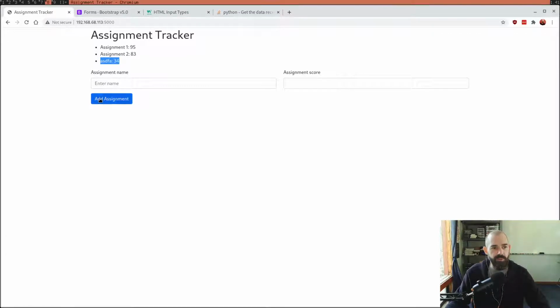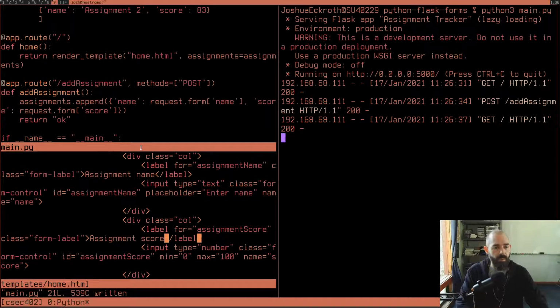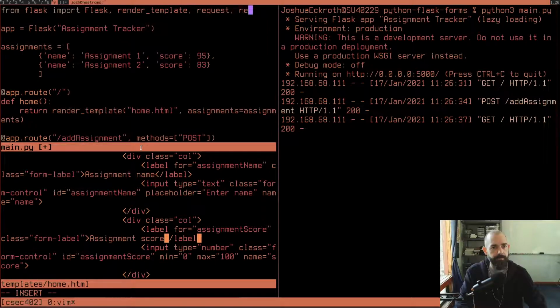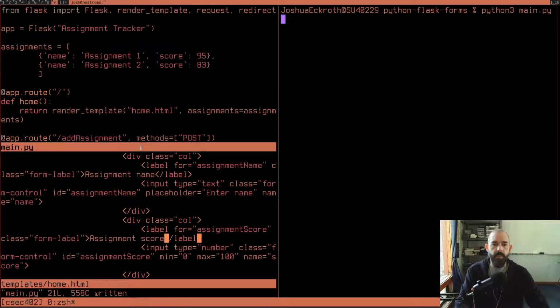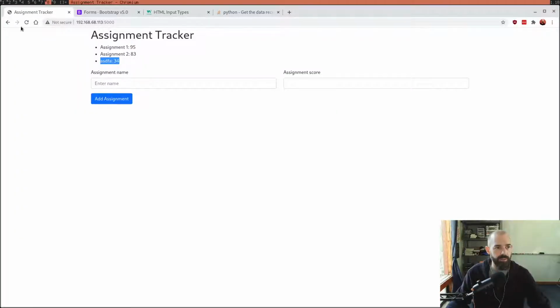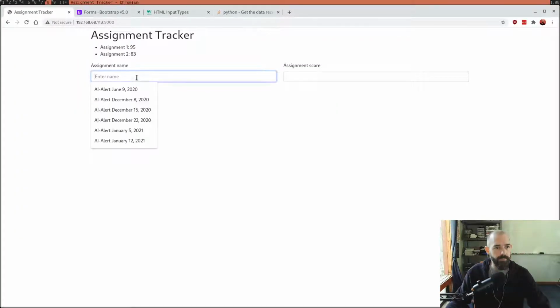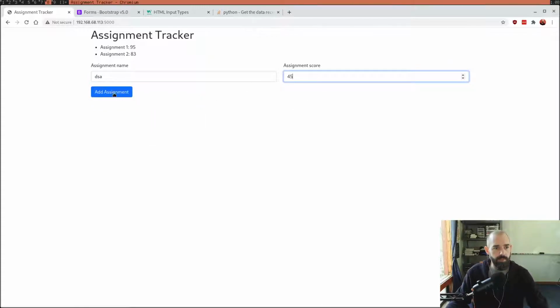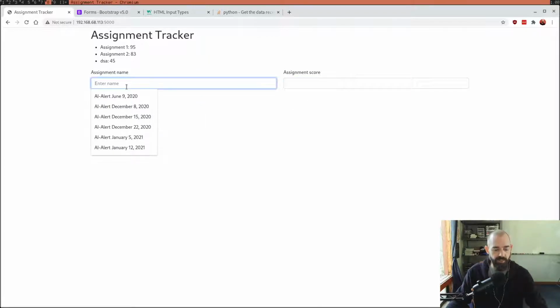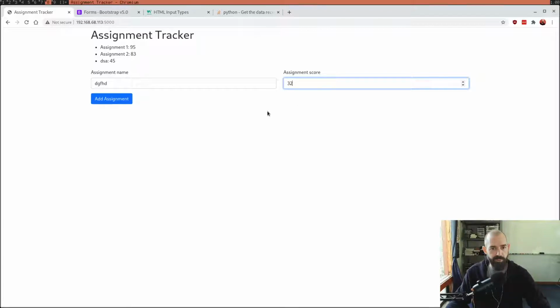So the only thing I need to do now is when I click this, it should send me back to the home page. So instead of return OK, I want to return redirect to the home page. And I've got to import that. All right, so now, see how I pop back to the home page? It's like that post request almost